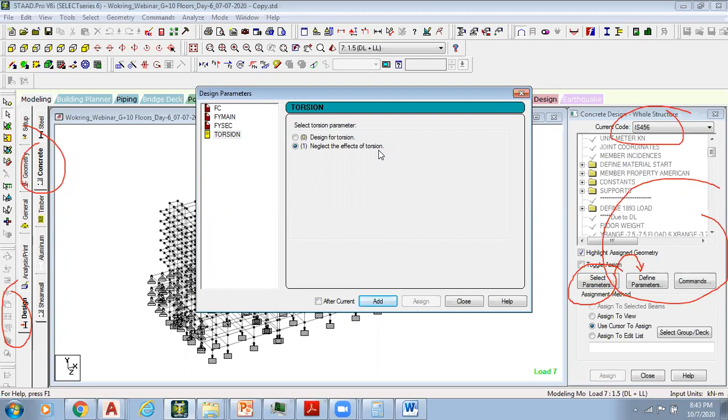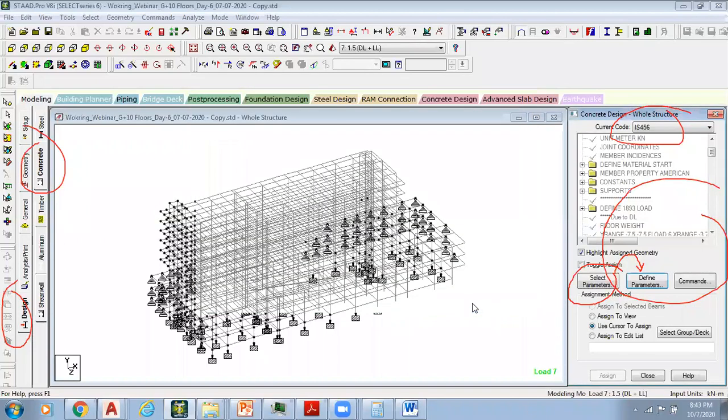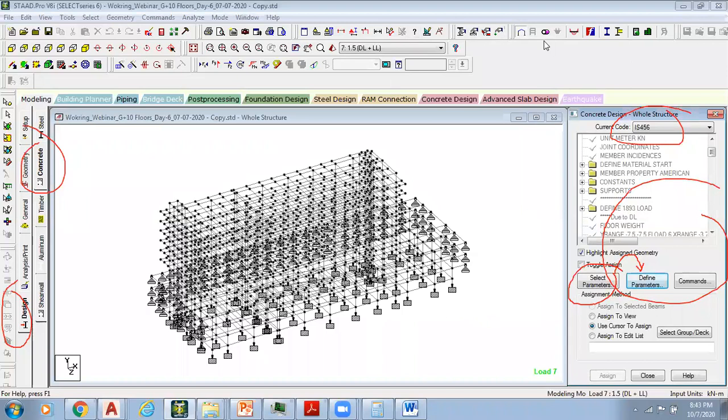Since we are not modeling the slab in our structure, we can ignore it, because we are anyway ignoring the stiffness due to the slab. So we are neglecting this torsion also. I can say add here and then close it. Now select parameters is done, define parameters is done.